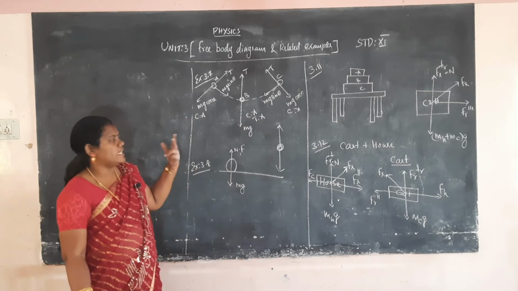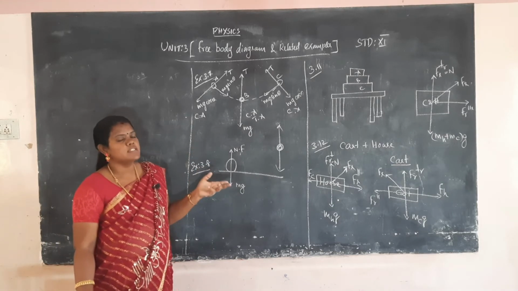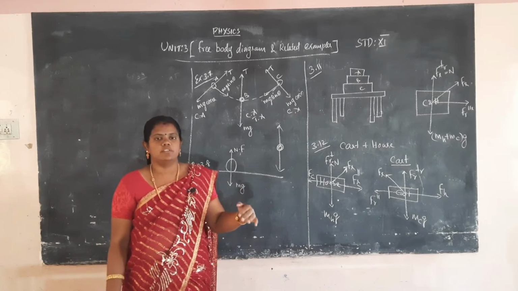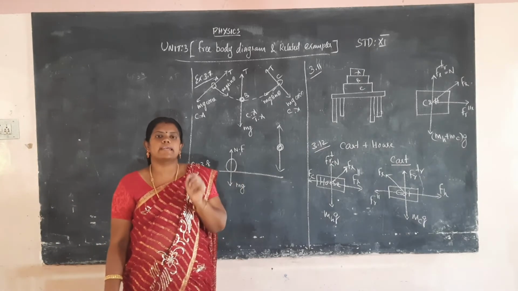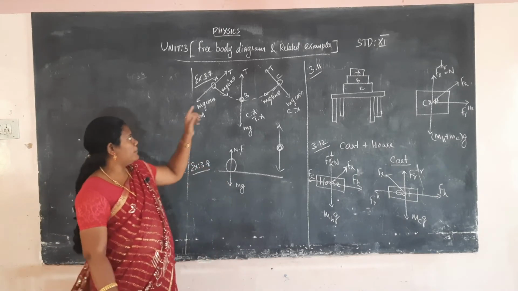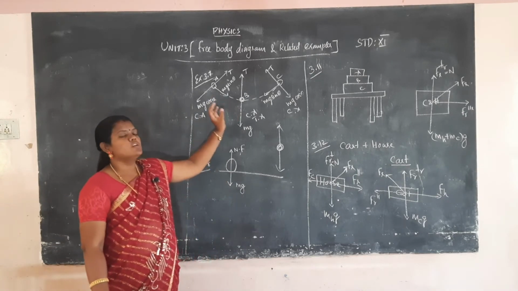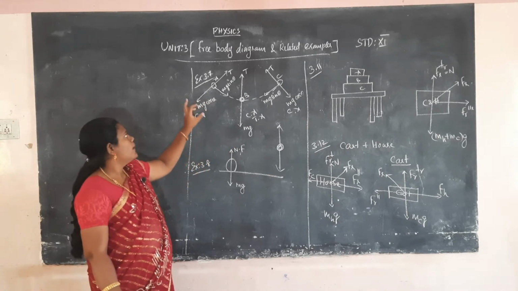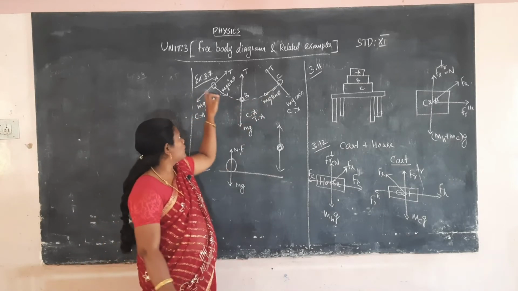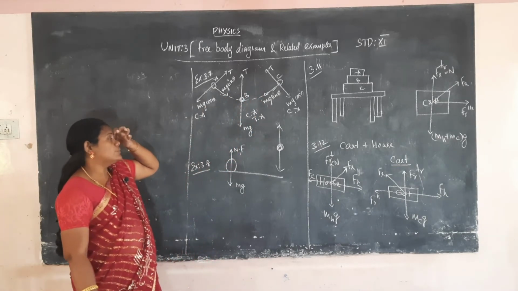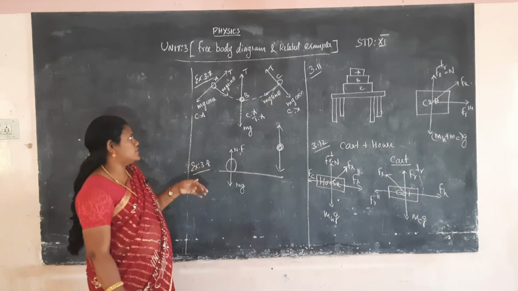Centripetal acceleration and tangential acceleration, what is the difference? Tangential acceleration means the acceleration will be created in a linear motion, but centripetal acceleration means the acceleration will be created in a circular motion, okay. So at point B, the bob will be in a rest position, so tangential acceleration and centripetal acceleration will be created, but while it is moving back and forth, only the centripetal acceleration is created, okay. So that's not a predominant factor in this topic.